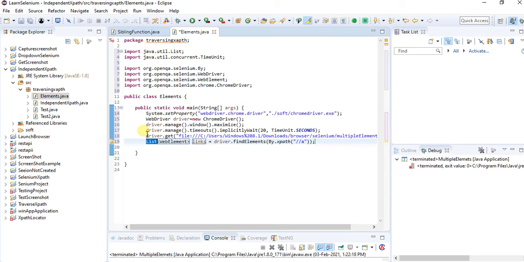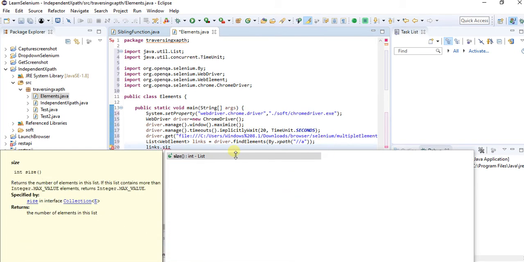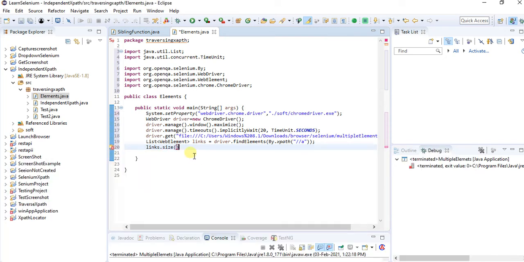If you are taking the list, links dot size. Here I will take size. This is a list of elements, which means it returns the number of elements present in the list.